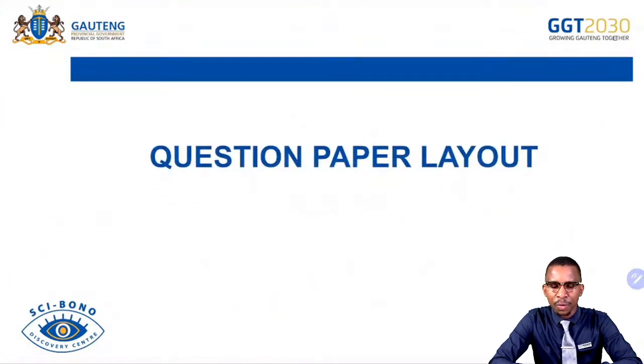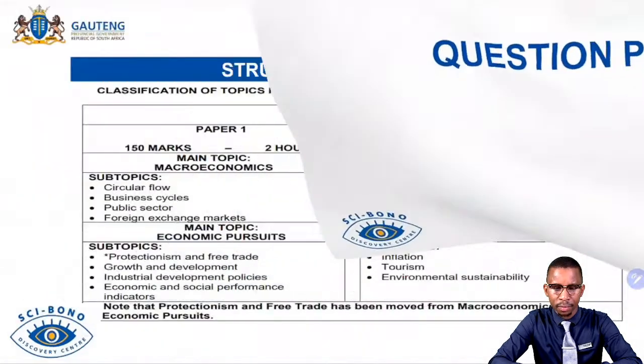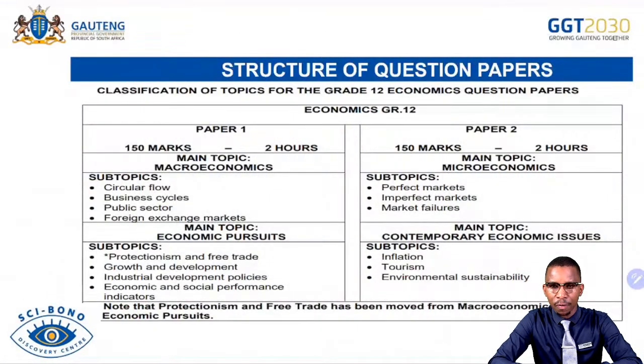So the first part is the question paper layout. It simply shows you how the question paper is laid out or structured. From your examination guideline that you have, this is the structure for the question paper. It includes both paper 1 and paper 2, but for today, the focus is on paper 2. So we have the following topics: